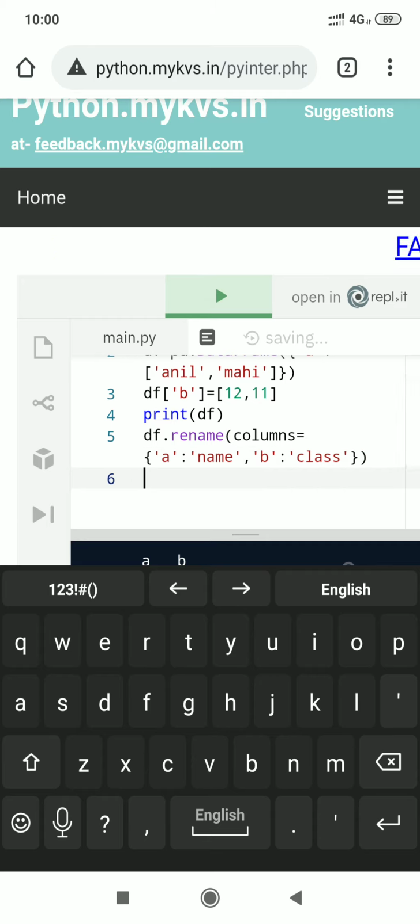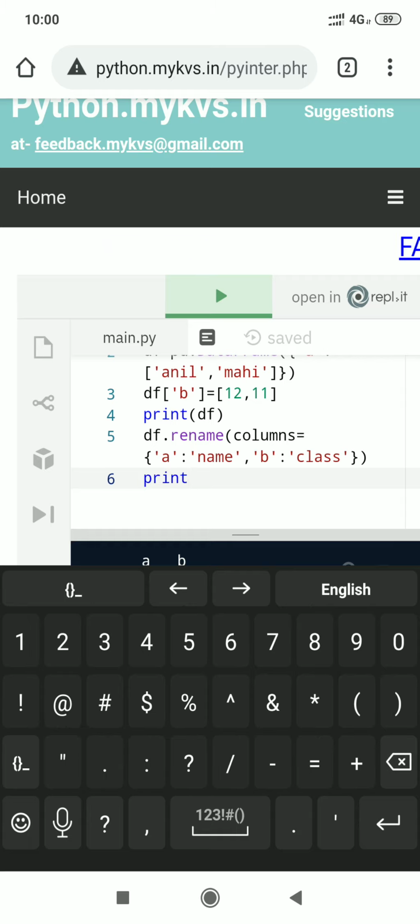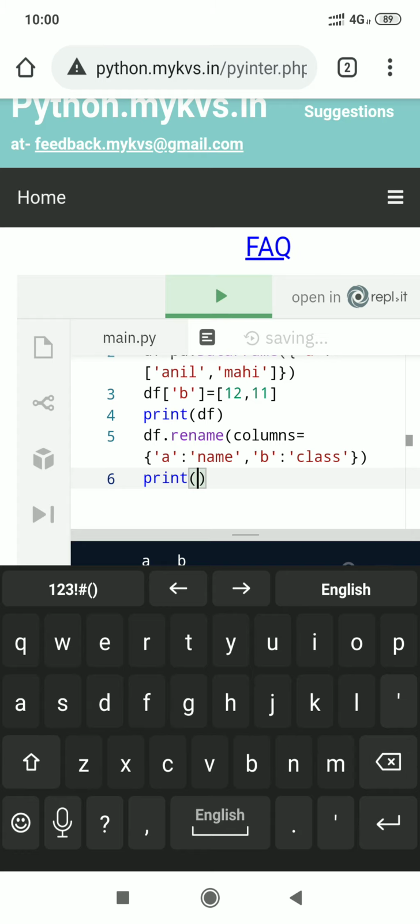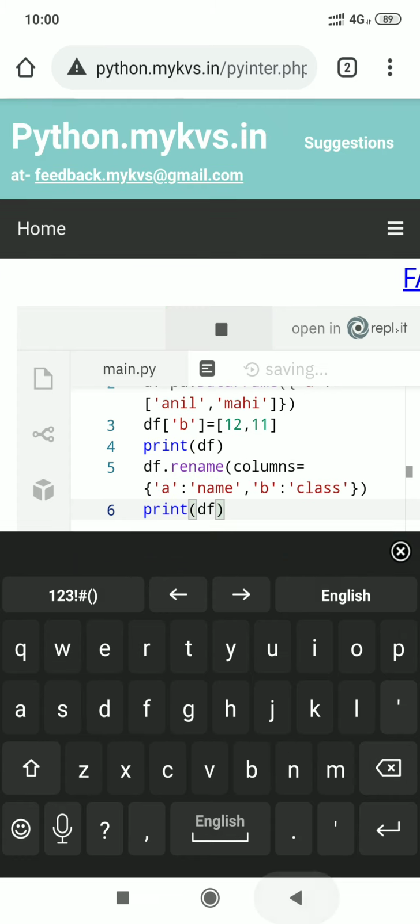Next we want to display the modified data frame. Okay student, and now I execute the program.